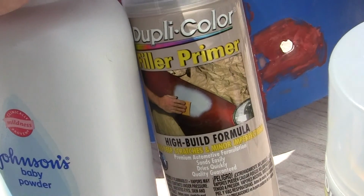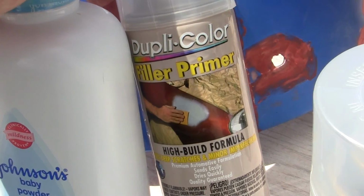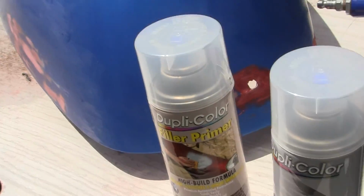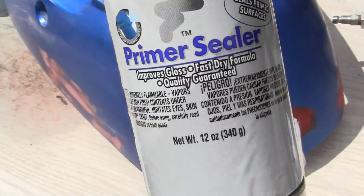This primer filler has a ton of talcum powder in it. That's why you go into any body shop where you see them sanding, they're always covered in dust. They're covered in talcum powder. That's what they use to fill everything with. What the sealer does, the sealer